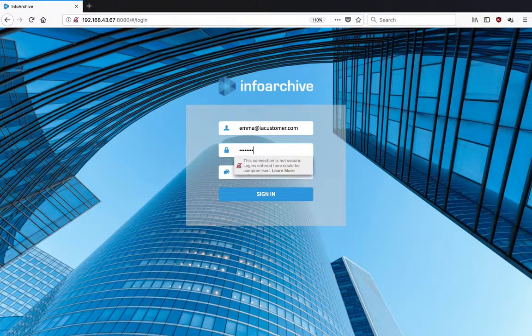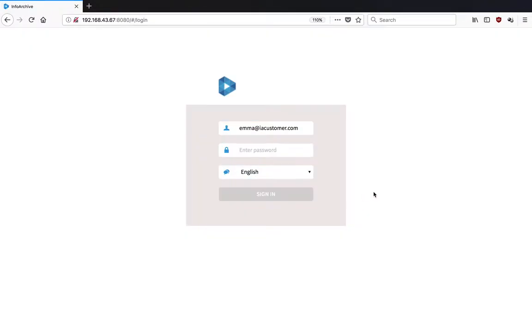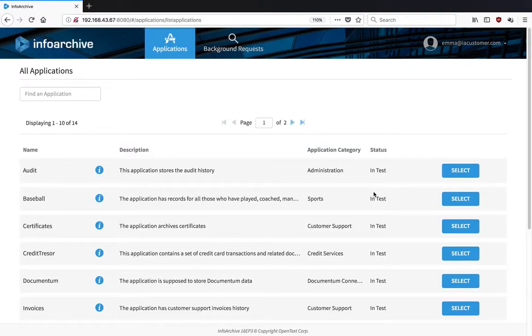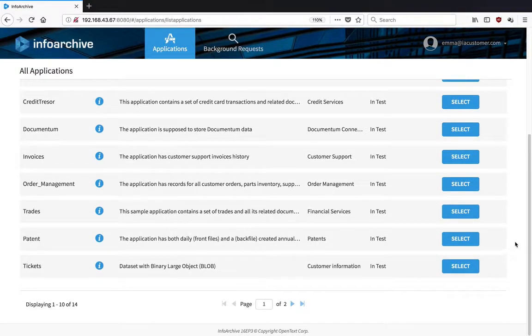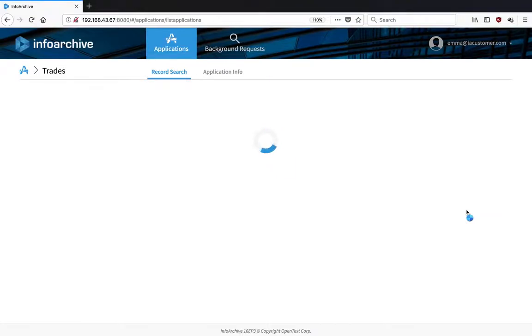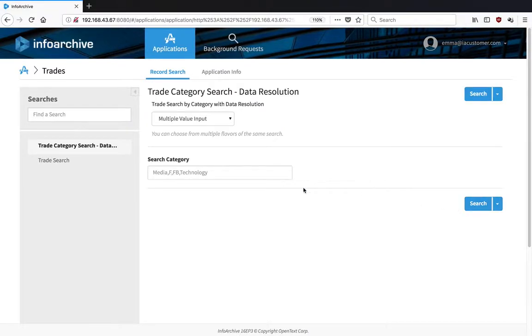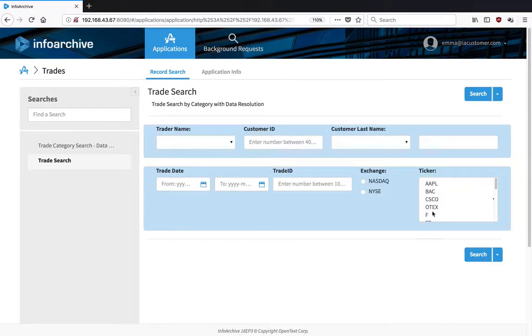So I'm going to log into this UI. You know, doesn't require any install. Just need a web browser. Any kind of web browser will work. And you'll see that Emma has a list of applications that have been archived to the system. And I'm going to look for the trades one. There it is, trades. And we have a couple of searches that you can do. I'm just going to look for a simple set of trades for Opentext stock. So I'm just trying to see if there's any shady trades out there